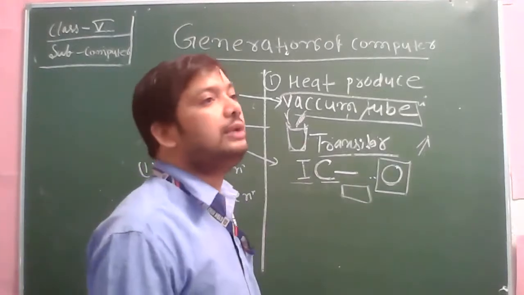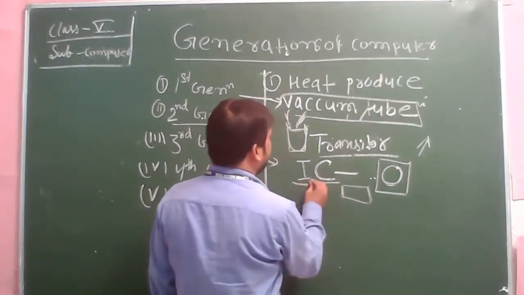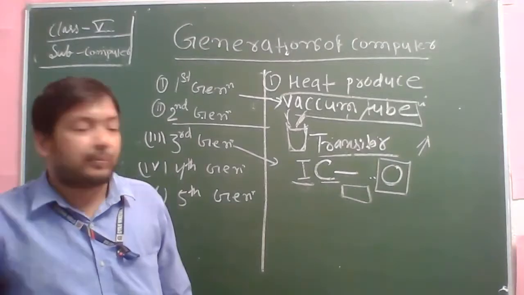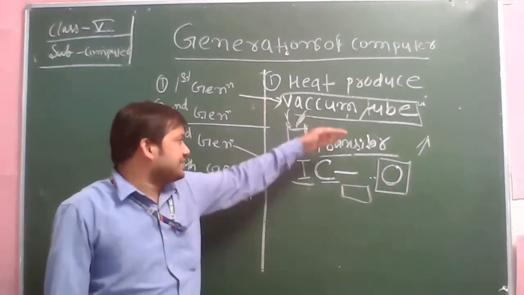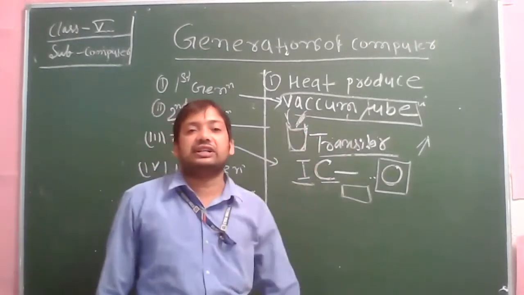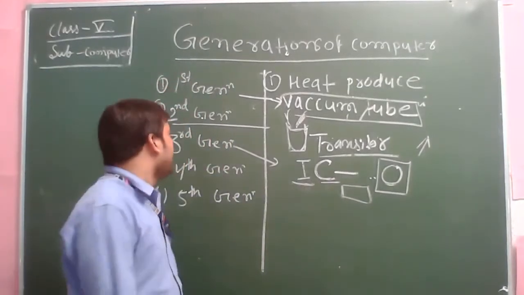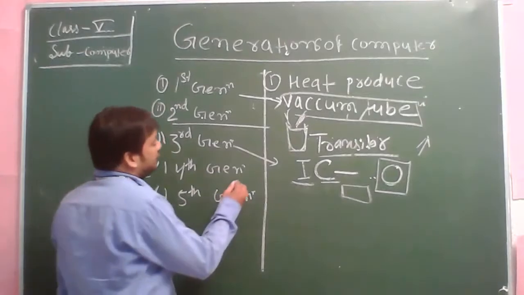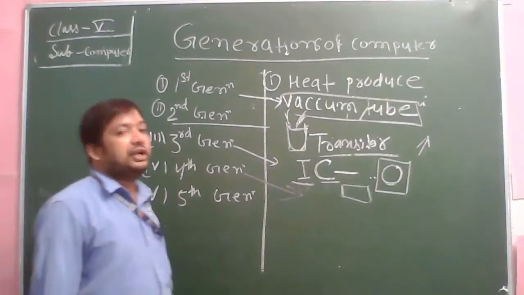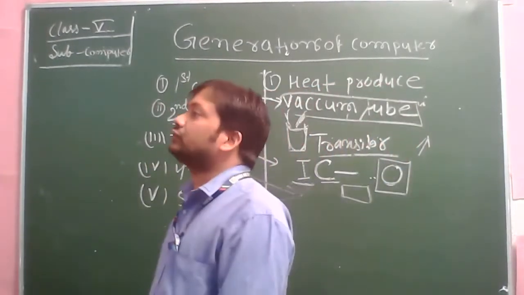It was used only by some companies for inputting data. Generation by generation, the computer processor is changing, and when the processor changes, the size of the computer automatically decreases. Now, next we are going to learn about the fourth generation. The fourth generation was a more advanced system for that time, and we are still using the fourth generation now.